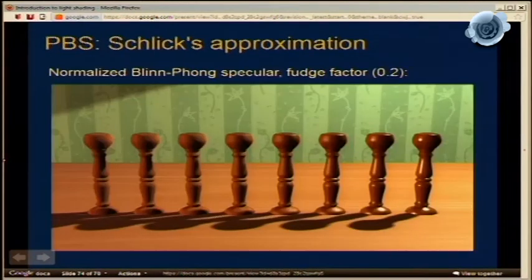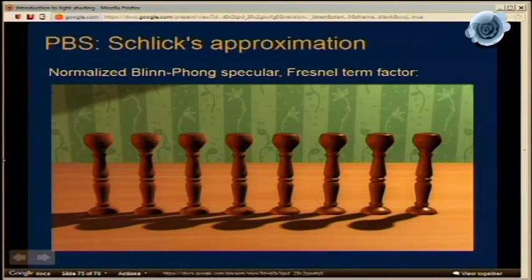So if we use this, so this was the Blinn-Phong specular, and like I said, with some factor I came up with to make it look like I want it. And this is what I get if I